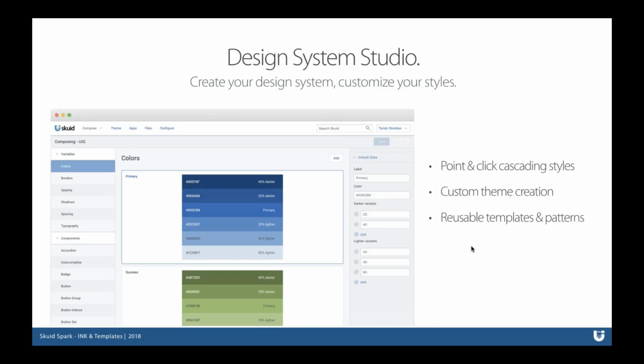And so for those of you who are brand new to Skuid, the Design System Studio, and we'll look at this in real life shortly, is a mechanism for providing style parameters to anything you're building. So it goes from everything from fonts to colors to shapes and more, borders, padding, you name it. And because it's set and controlled centrally, it allows you to really have a consistent design framework, and it also, like I said, promotes consistency